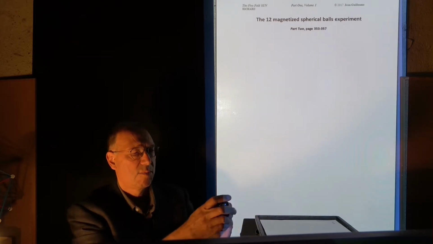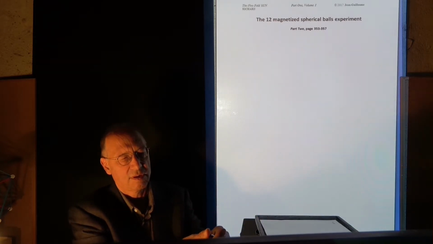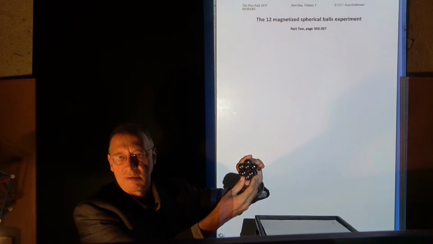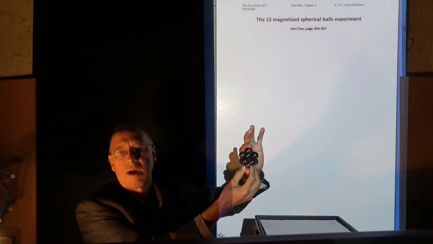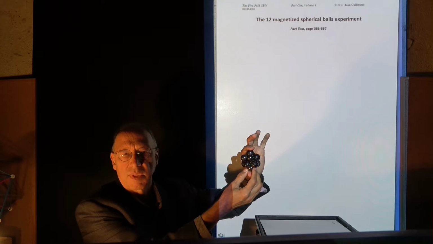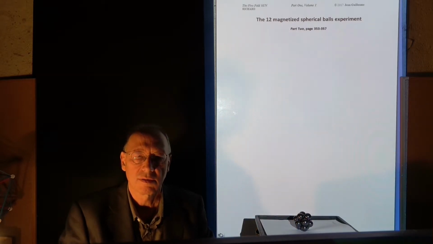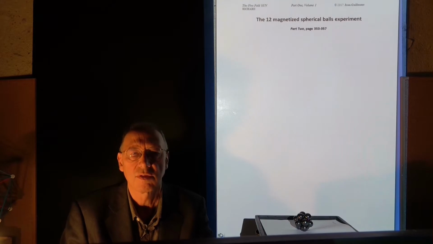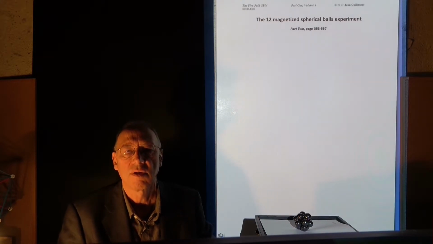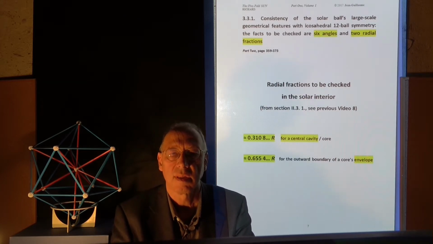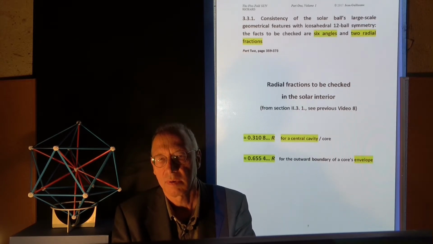The central ball has to have a certain diameter, which was already stated in video 8, and this is how we reach a stable assembly of the 12 outer spheres. We now turn to the geometrical parameters of such an arrangement that we will have to check against solar phenomenology. We are now ready to make a list of the salient features of the proposed icosahedral arrangement, the relevant parameters